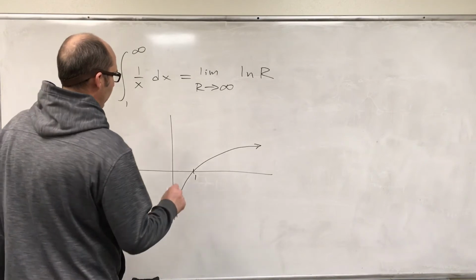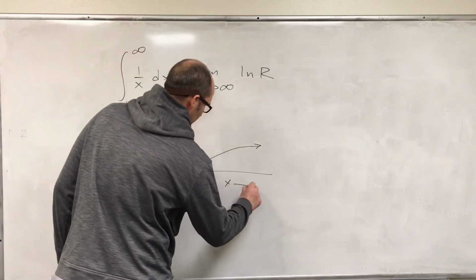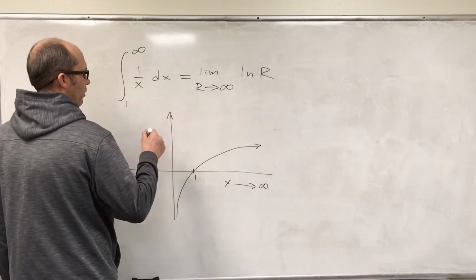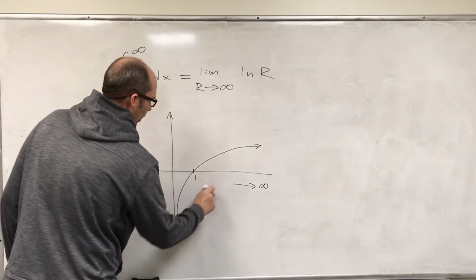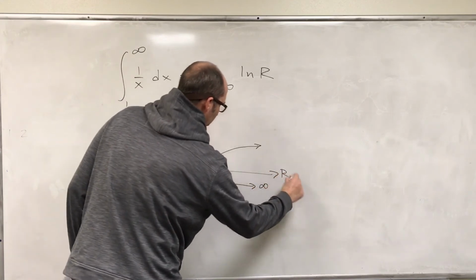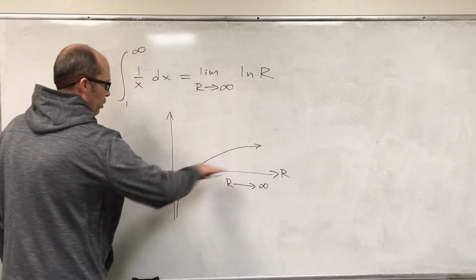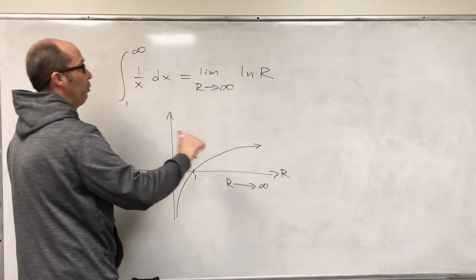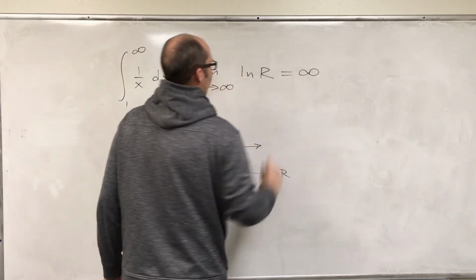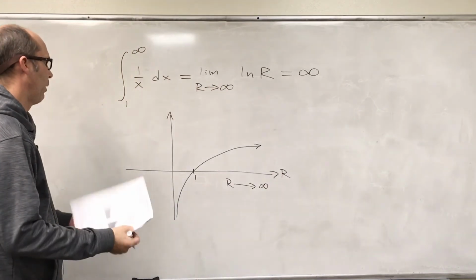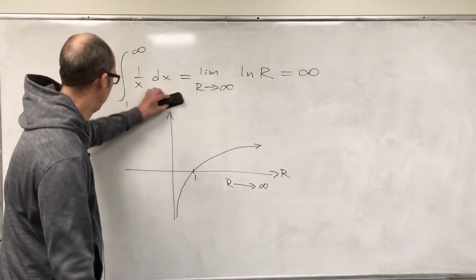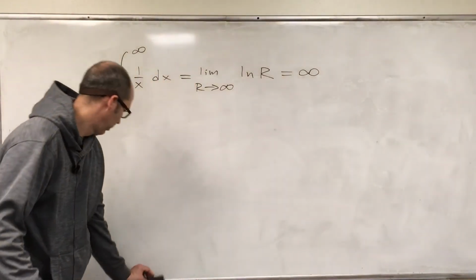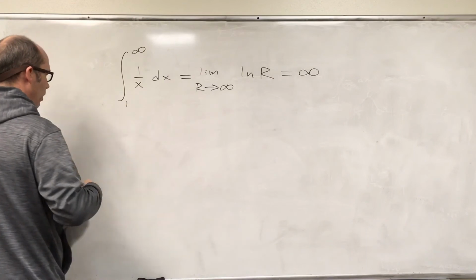So as x approaches infinity, ln x approaches infinity. Or I guess in this case we have r's here. Okay, so as r approaches infinity, ln r approaches infinity. Really slow, but still infinity. All right, so because this equals infinity, we know that